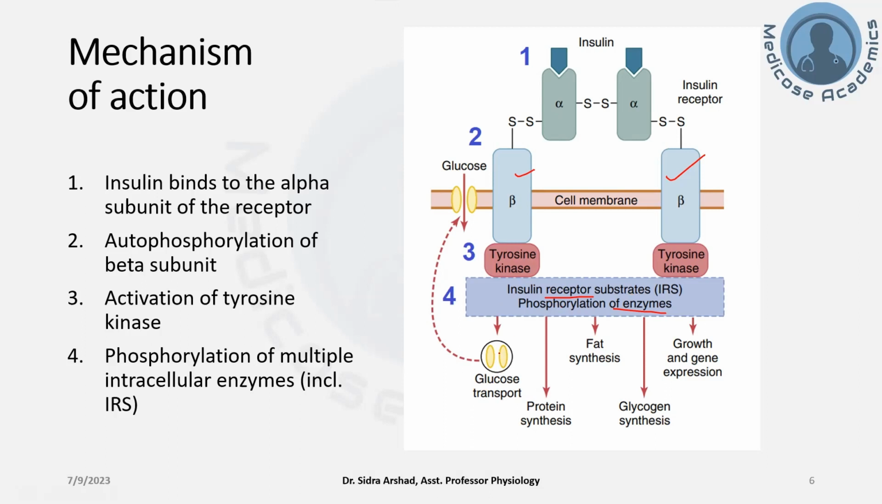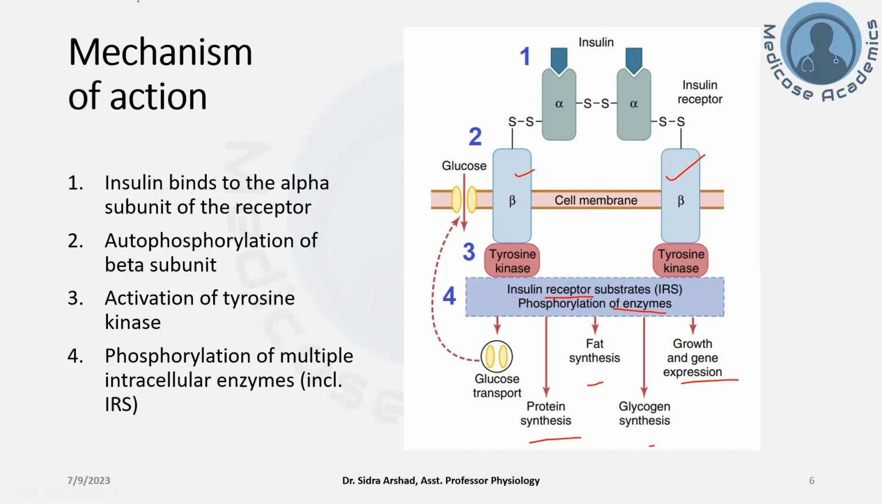And then certain other effects will also be taking place. There will be protein synthesis, fat synthesis, glycogen synthesis, growth, and gene expression. So insulin is a metabolic hormone which is anabolic in nature. So these anabolic effects will be occurring along with the facilitating the movement of glucose or transport of glucose into the cells, especially those cells which are purely dependent or mostly dependent upon insulin